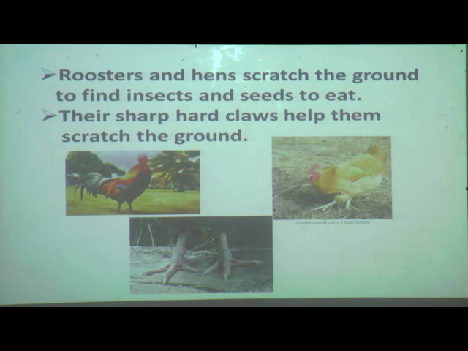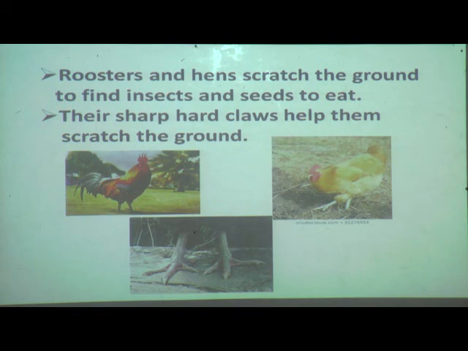Now see, which bird can you see in this picture? Yes, students, tell me. Which bird? Rooster and hen, isn't it? Now these are called scratching birds. Keep in your mind, these roosters and hens are called scratching birds.